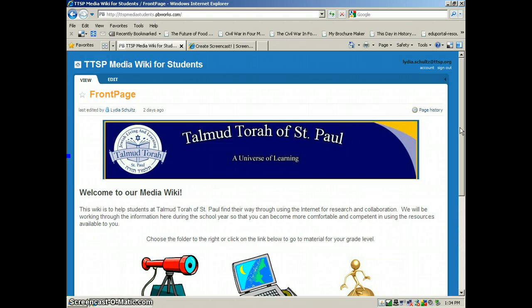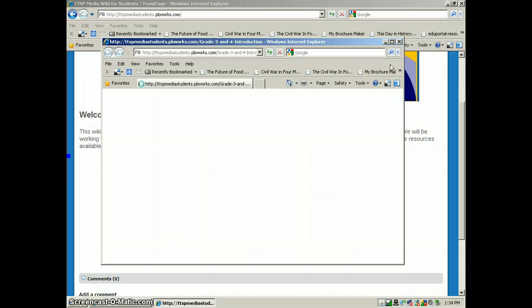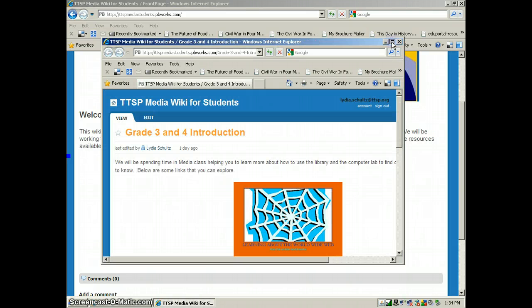I'm going to try to show you how to use this wiki to help you begin to do research for your homework and assignments. For all of you who are in 3rd and 4th grade, this is the icon that you would click on. Now let's click on that and see what happens when we do so. It'll open a new window and it will